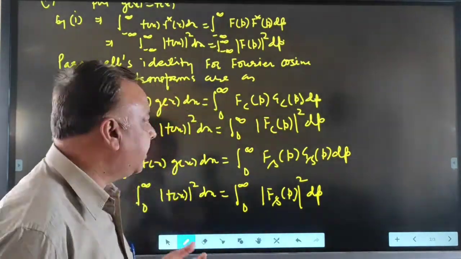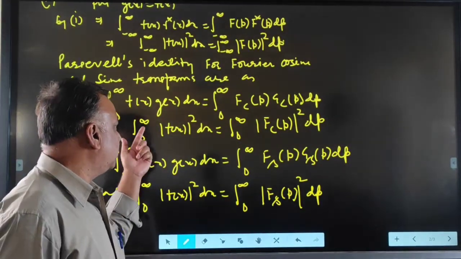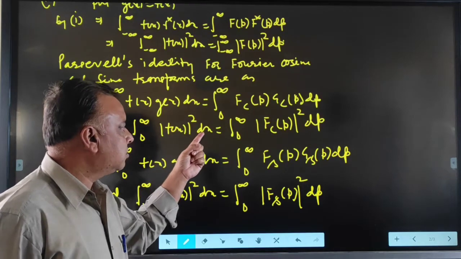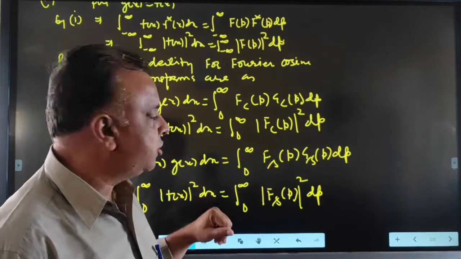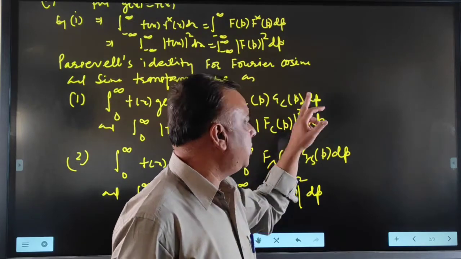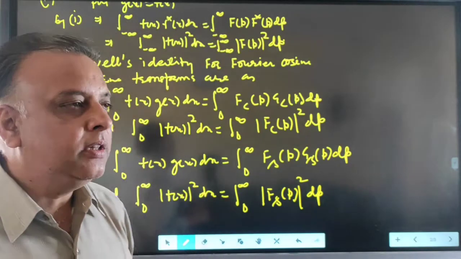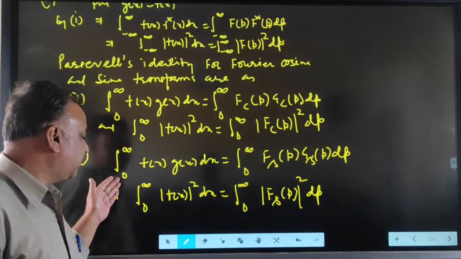And if g(x) is taken as f(x), then this is equal to integral 0 to infinity modulus of f(x) square dx is equal to integral 0 to infinity modulus of fc(p) square dp. Also, for the Fourier sine transformation, the Parseval's identity can be written as